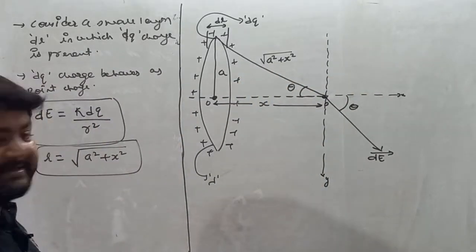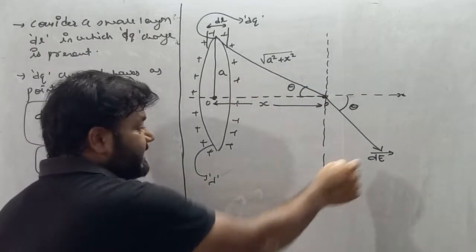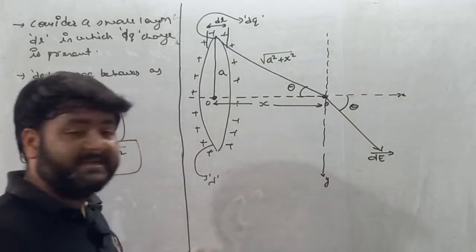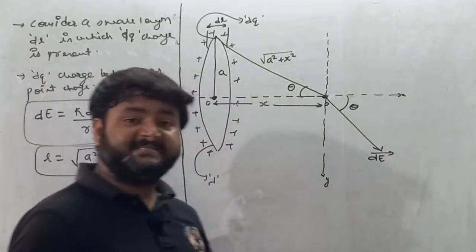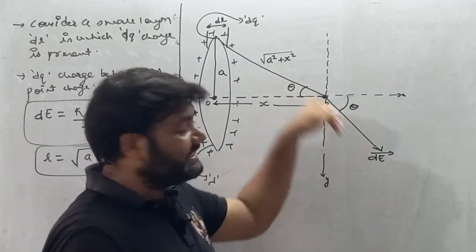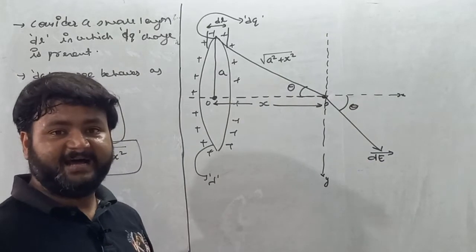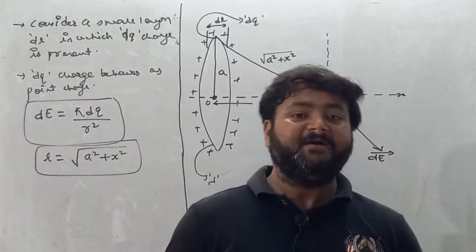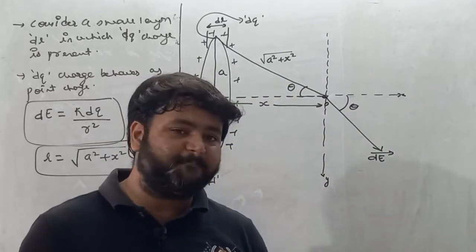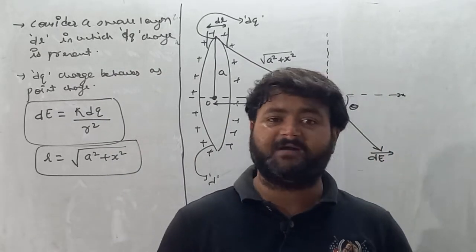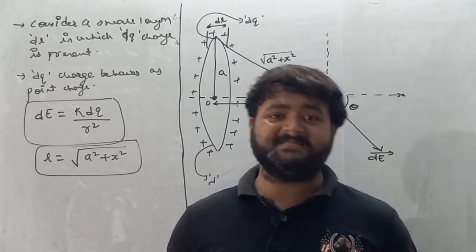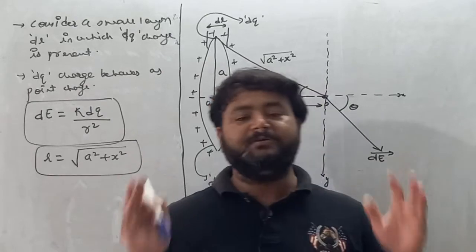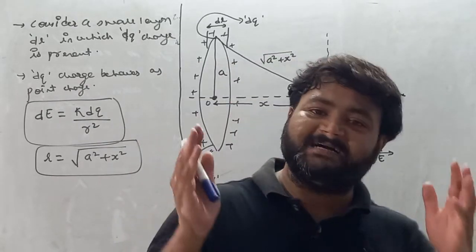Now what we'll see, my dear student, is that this electric field is not present along x-axis or y-axis. It is in between x-axis and y-axis, and this electric field is making some angle theta. So if any vector quantity makes some angle theta, we know that we have to split it into components, and any vector quantity carries two components. One is cos and other is sine, and both the components are always mutually perpendicular to each other.